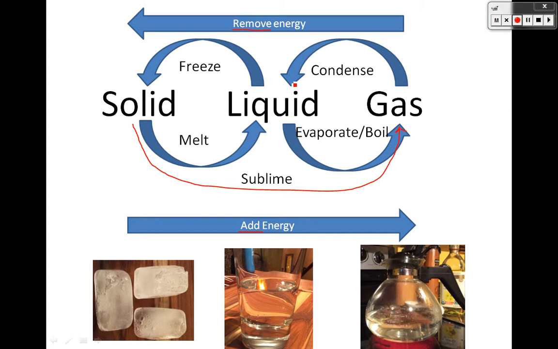So sometimes we understand where that energy is coming from. If you look underneath this kettle here, it's red. Clearly the stove is on and it's hot. That energy is coming from the stove, right? We're adding energy to the water through the stove. Sometimes it's not as obvious. Have you thought about it? Can you think about where that energy may have come from for the dry ice? That energy came from the air around us. So because the dry ice is so cold, energy from the air went to the dry ice, we added energy, and that dry ice sublimed.